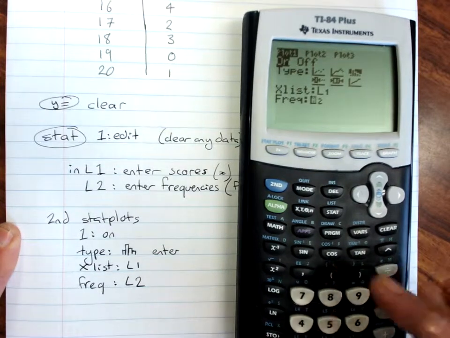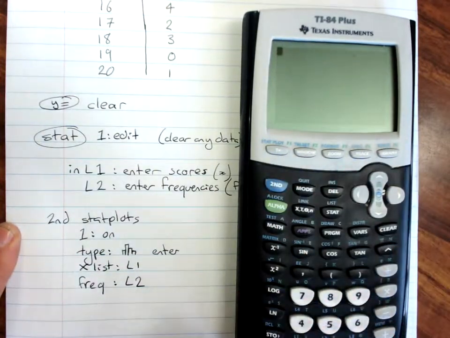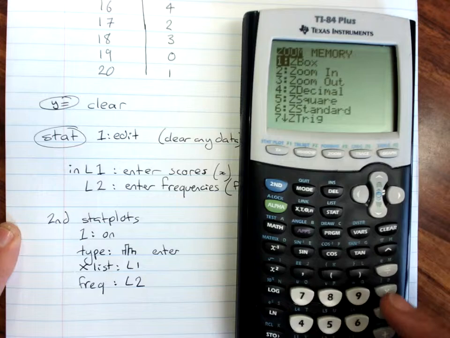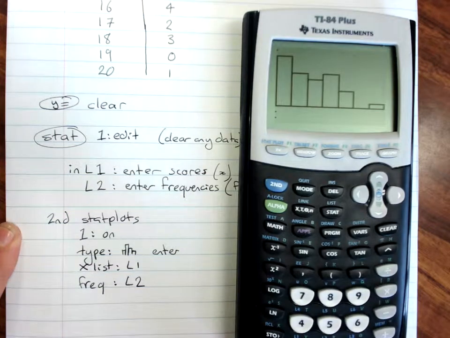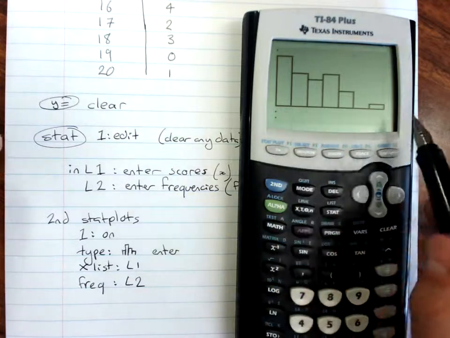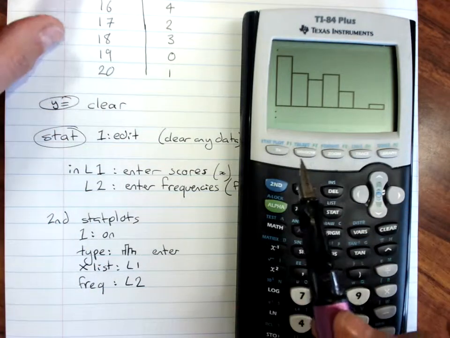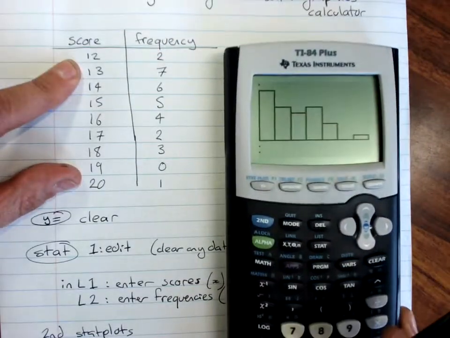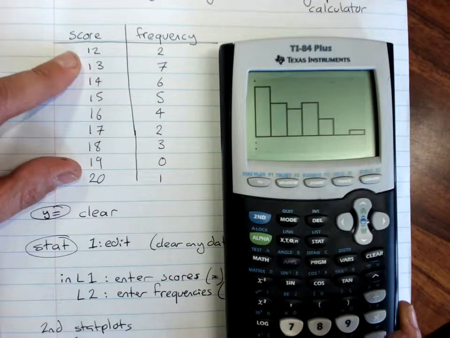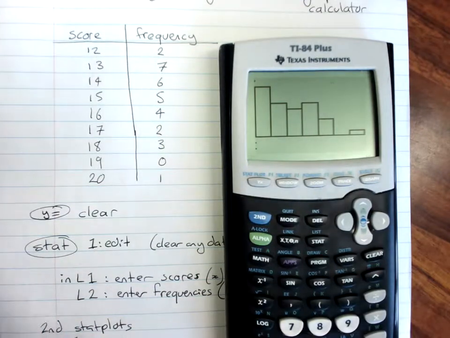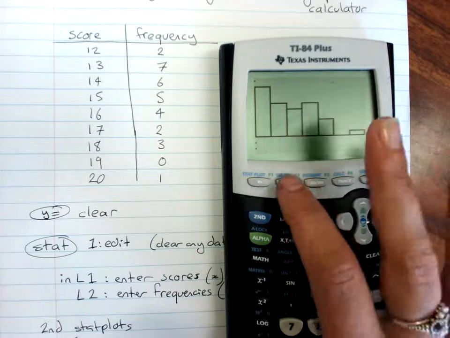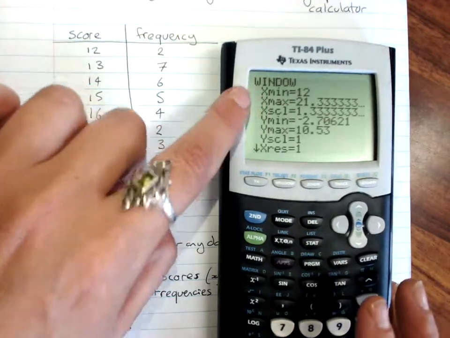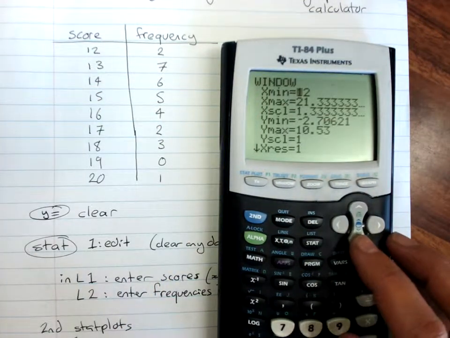So once you've got that entered, quit out of it, and to see it, our old friend zoom 9. And there is the histogram. Now if it's not all showing, because I should have quite a few more columns than that from the looks of it, check that it's all showing. If it's not, you go into window, and our X min of 12, our X max,